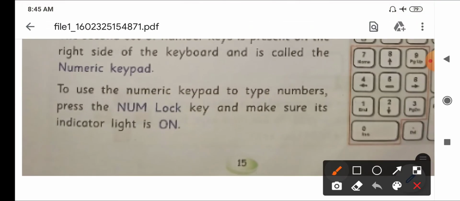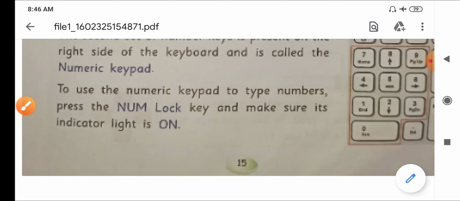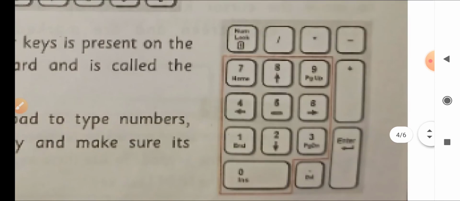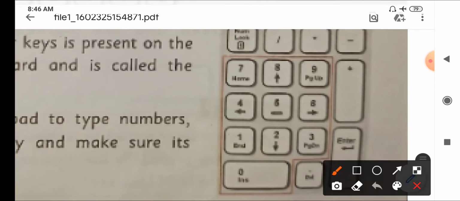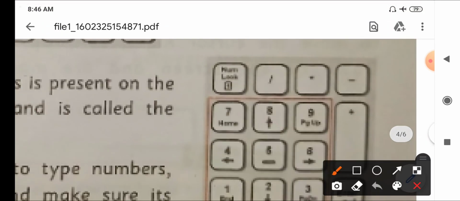Here it is written something more about the numeric keypad. To use the numeric keypad to type numbers, press the numlock key and make sure its indicator light is on. Now when you want to use this numeric keypad, first of all you have to turn on this numlock key.